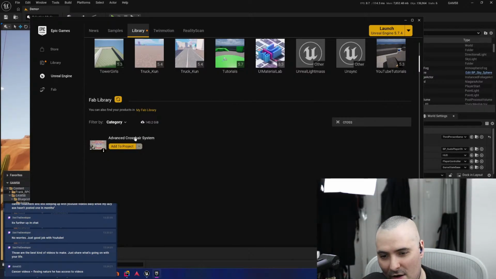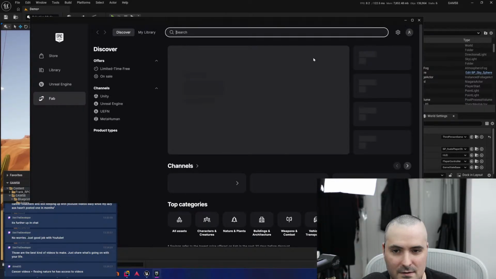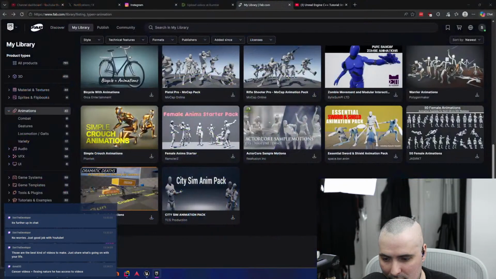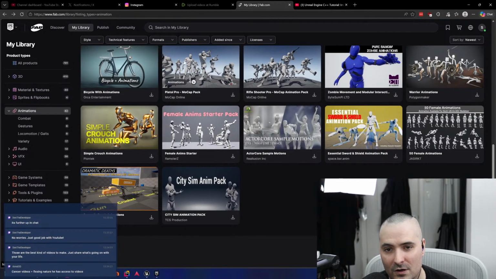See, this is not at all what I want because this is going to be way too advanced. I just want a crosshair. I don't want a crosshair system.